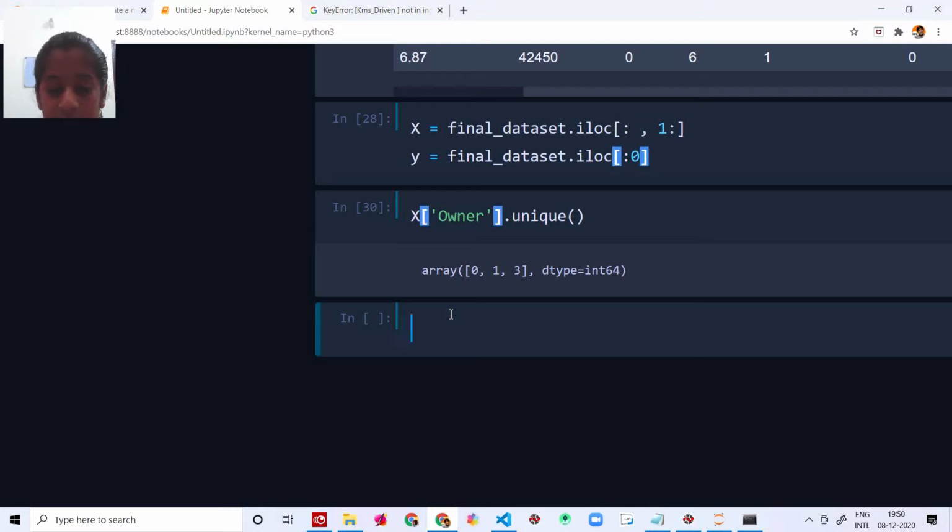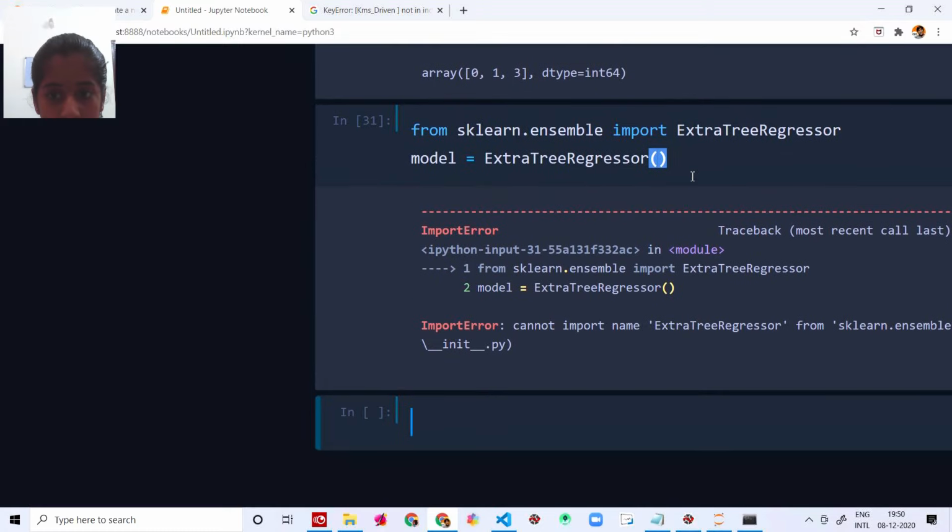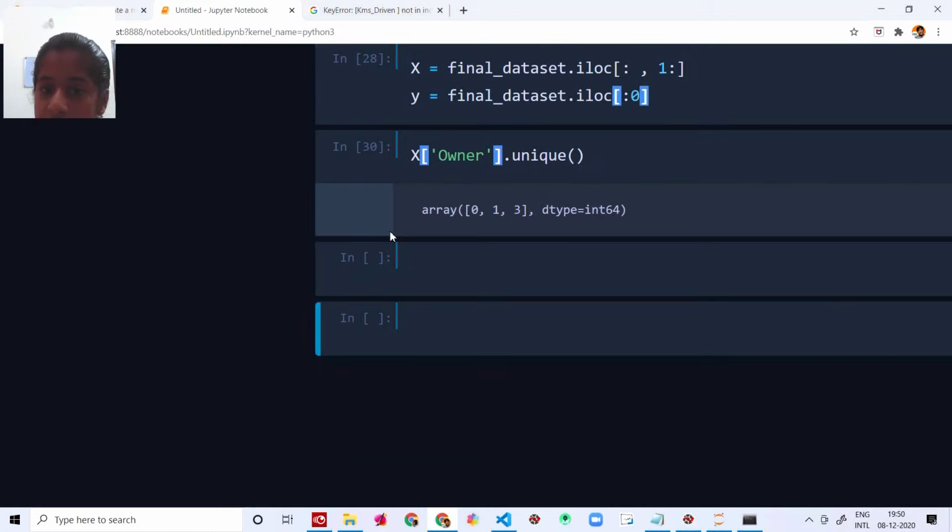And now let's get the extra trees regressor. So I'm going to say from sklearn.ensemble import ExtraTreesRegressor, and after that I'm going to say model is equal to ExtraTreesRegressor. Import error. Oh, okay. And after getting the X owner unique,